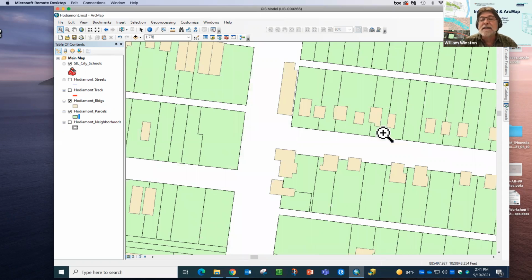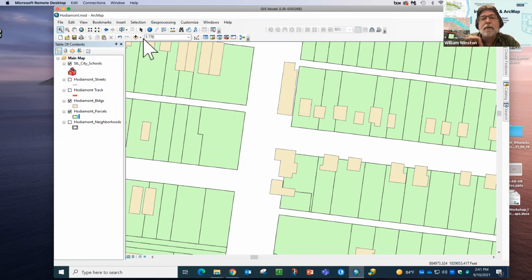Now, there's a couple of reasons that could be driving this. One of them is a mismatch between the coordinate systems for these particular layers. And I know that's the case because the parcel layer, when I brought it in, it threw up an error and said there was an issue. And so I'm going to go back to my... Well, actually, the first thing, before I do that,